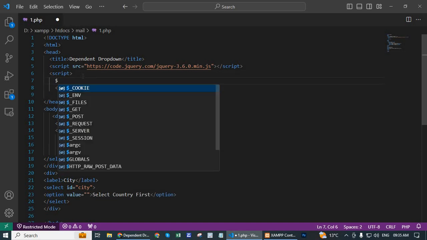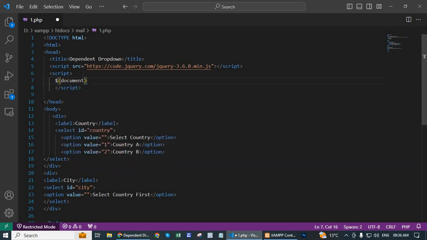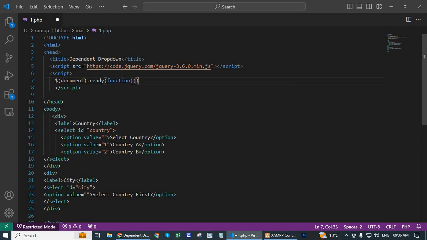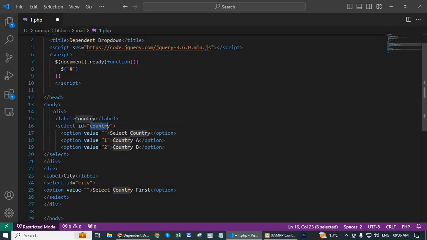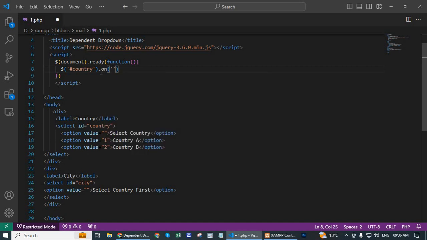Write $(document).ready(function() {, then $('#country') copy country ID is country, copy and paste here, .on('change', function